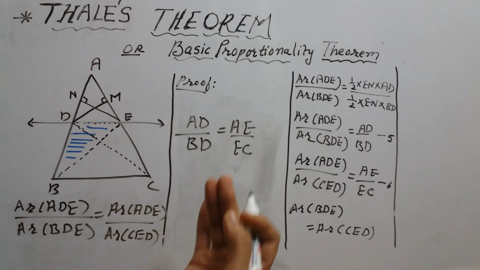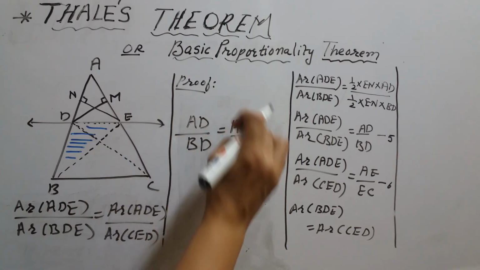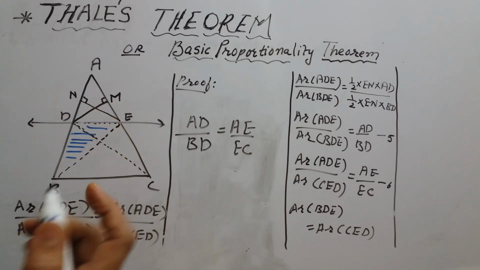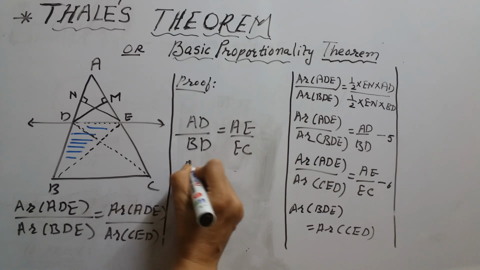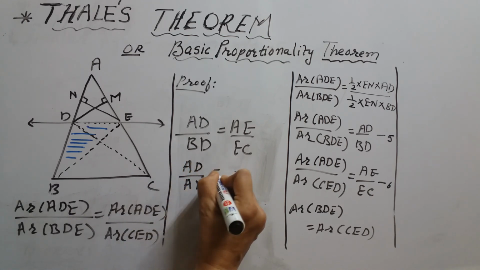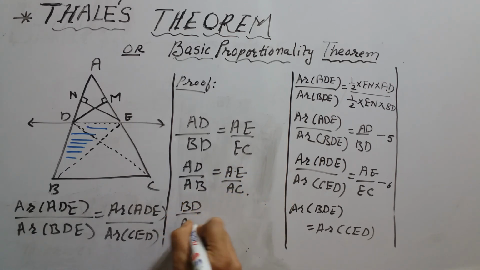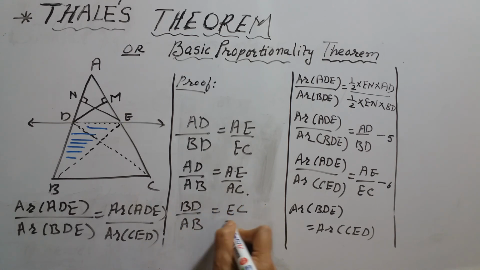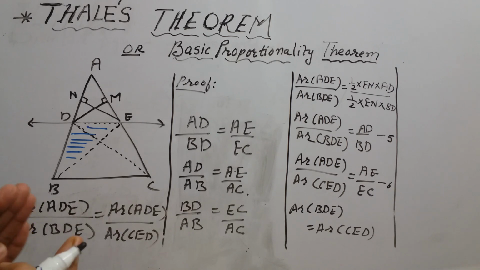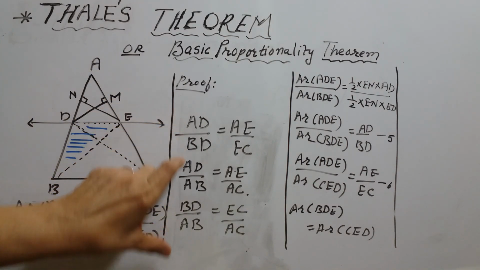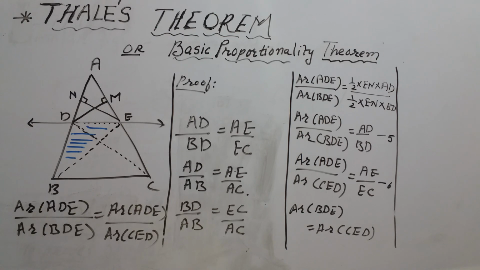Now there are extended statements which I am also going to write. If the parts are in proportion, part is to whole is also in proportion. So I can write AD by AB is also equal to AE by AC, and BD by AB is also equal to EC by AC. These are known as extended statements of BPT. So in numericals, whenever they state that in a triangle a line is parallel, immediately these three ratios should strike your mind. Okay, this was all about Thales theorem. This is a very important theorem of chapter 6, now and then asked in board exams.